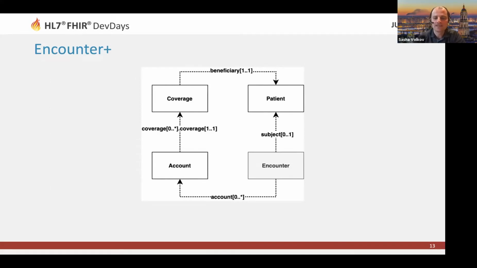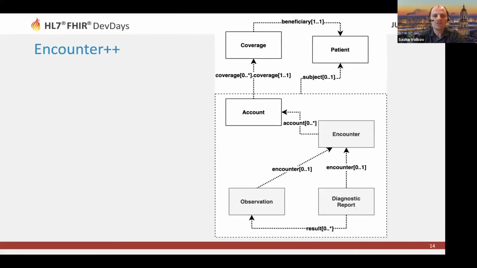Let's see if I can add labs here. Based on our finding on the mapping, labs are mapped to diagnostic reports and observations, which reference encounter and patient. So both diagnostic report and observation reference an encounter, 0 or 1 encounter, and both of them reference a patient as well. So I think that gives a pretty good idea of how we can make the queries for these resources efficient later on in our discussion, but we still need to map the clinical notes.